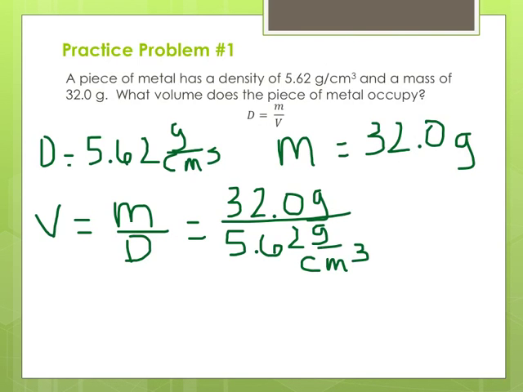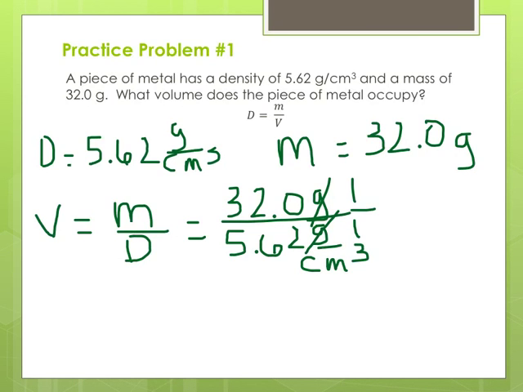Now always check your units because that will tell you if you've set things up right. So if I cross out grams over grams equals 1, and now I have 1 over centimeters cubed, which is going to be centimeters cubed, and that's what we want because again that's going to give us the correct unit